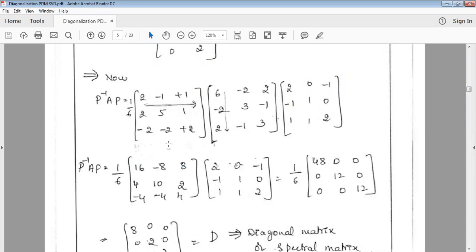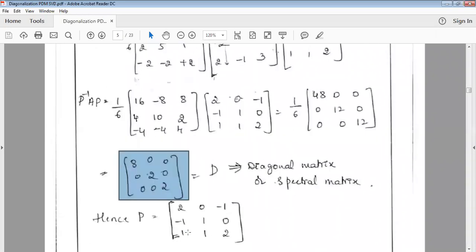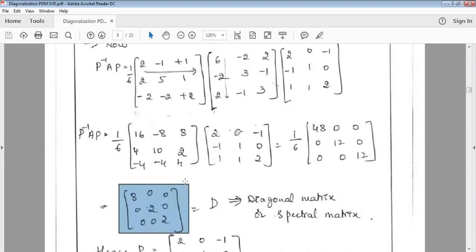Okay? And once you multiply, you get this answer, and you can check that this has to be a diagonal matrix, right? And then the final answer just comes out to be 8, 0, 0, 0, 2, 0, 0, 0, 2, right? So the definition that a diagonal matrix